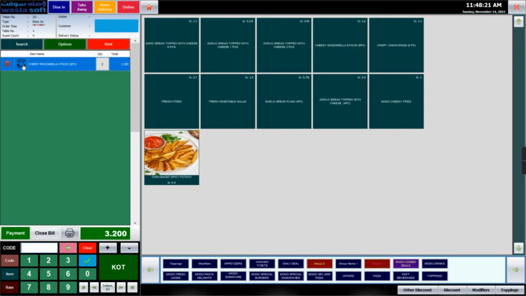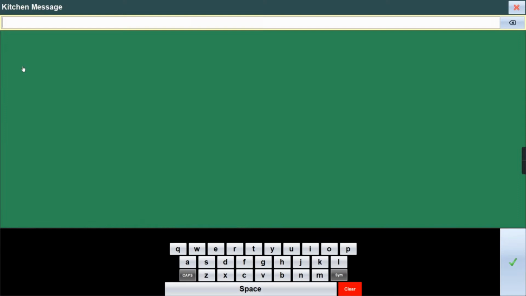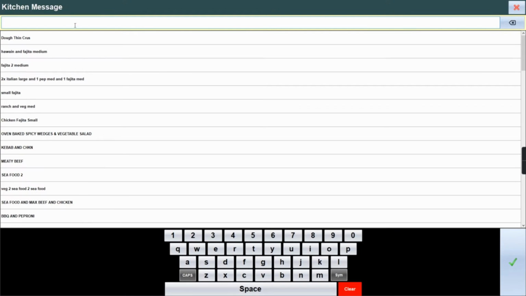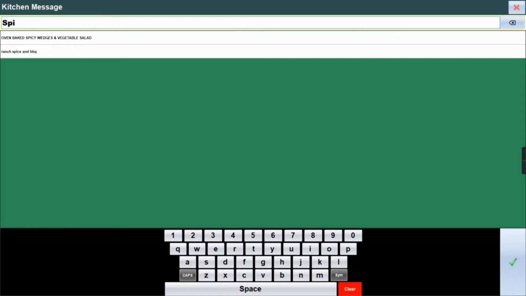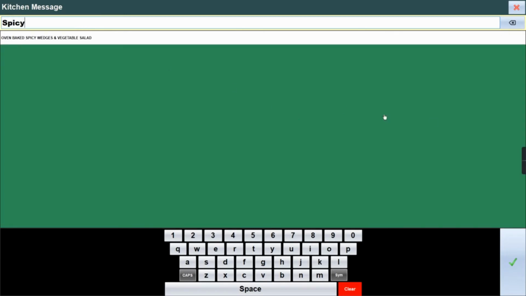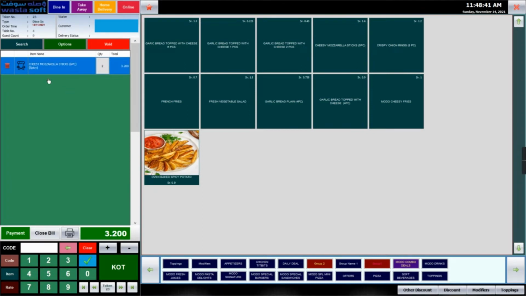Also, you can add a chef message, a kitchen message, like more spicy or something like that, and it will come here automatically.